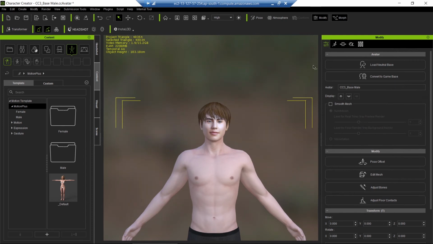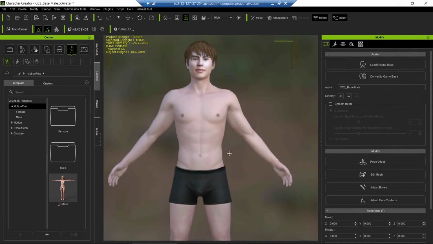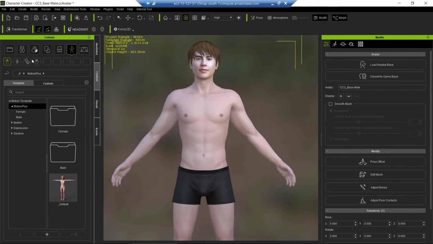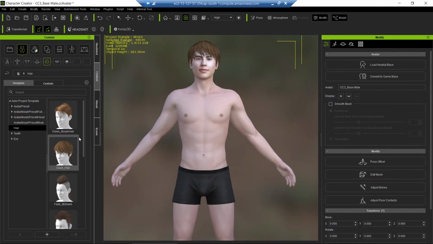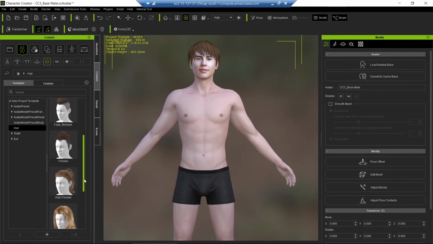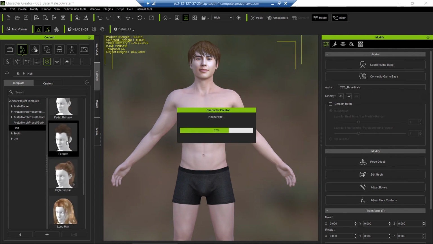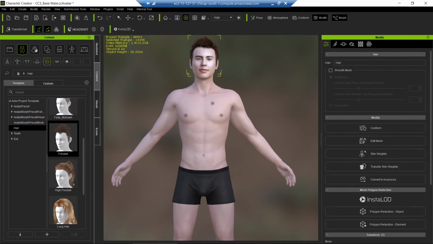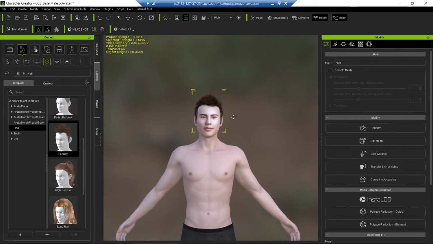Now we are almost done with this, and it is on the high settings. Now let me render this photo. First of all, the hairs are not looking perfect on this face, so we are going to change them. This will be the perfect one. And now just rotate around and have a look.